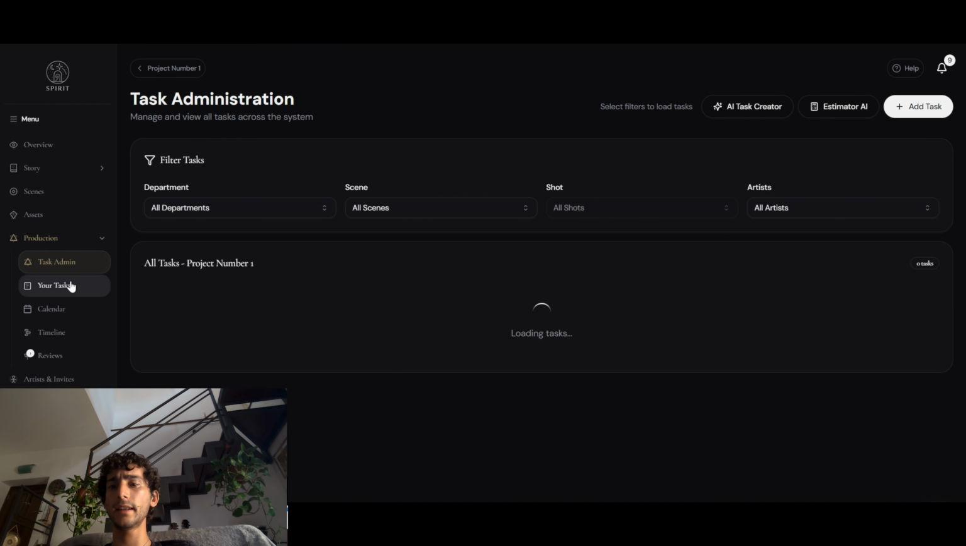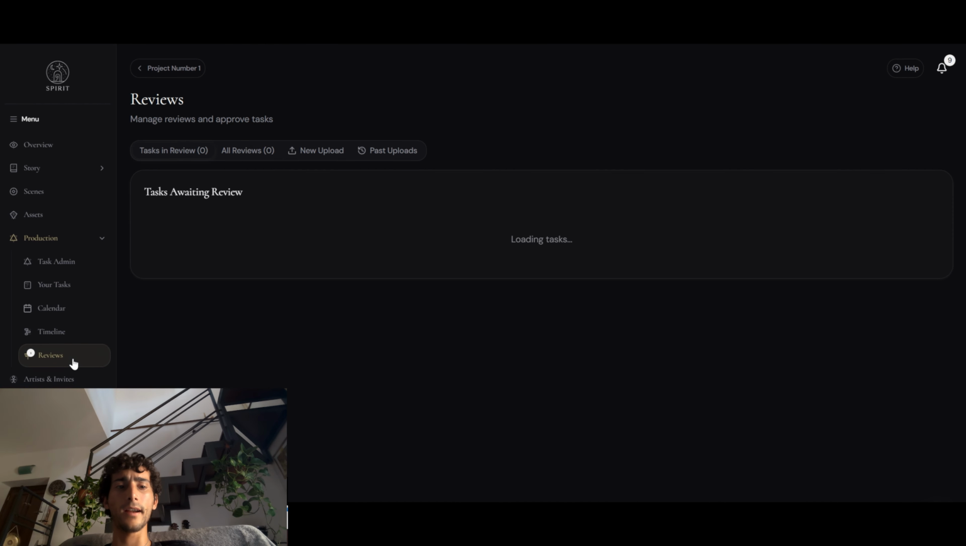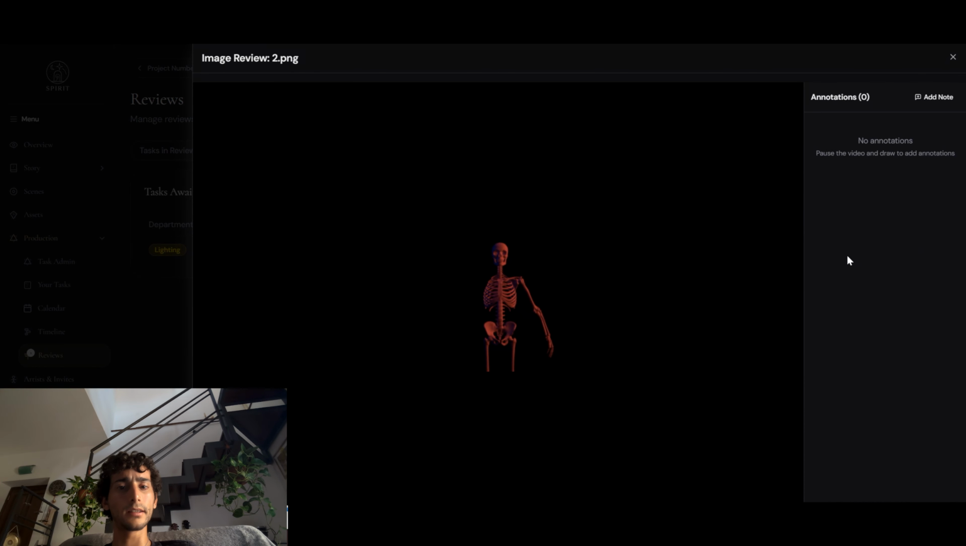If we go on Spirit in the browser, we can find that the task is in review now. And if we go to reviews, we will find that the task now is as a review. We can give the review, and the review that we will give will be on the 2.png image that we